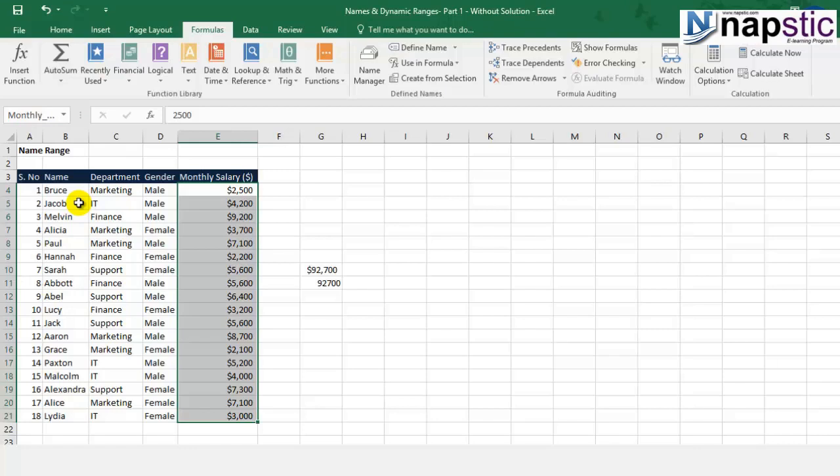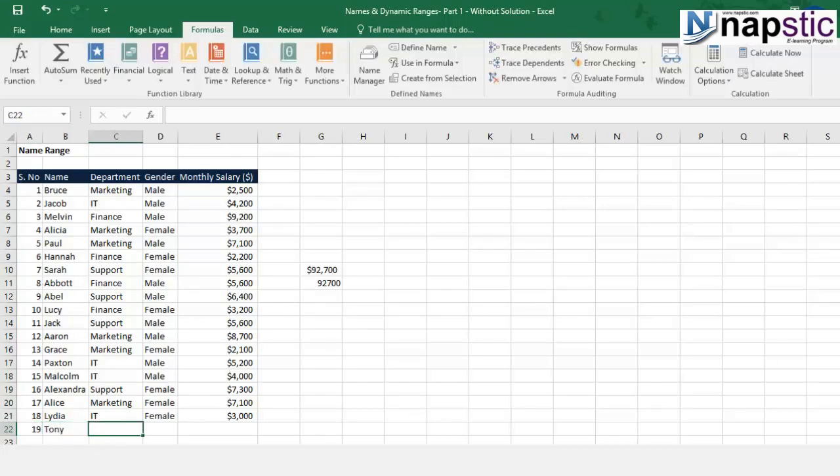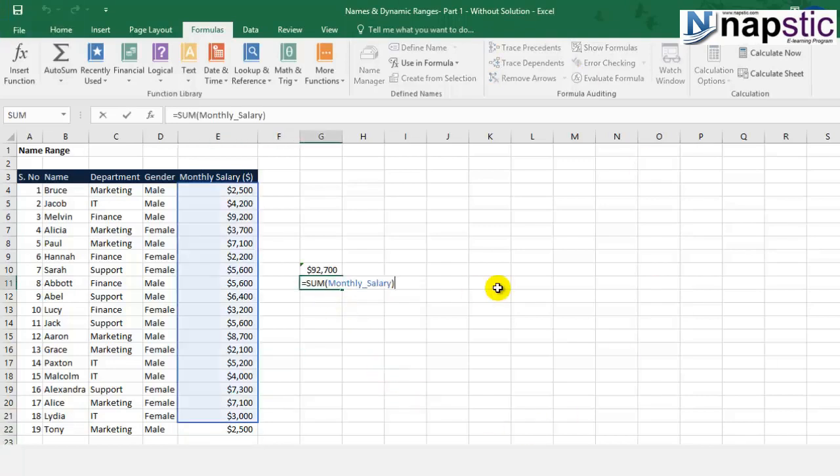Now, there could be a situation wherein your range is changing dynamically. What happens then? For example, as of now, there are 18 employees. Let's say we add one more employee called Tony, who is, let's say, in the marketing department, is a male and earns somewhere around $2,500. Now, if you were to check this sum, you will find that though we have selected range name and we have summed it up,